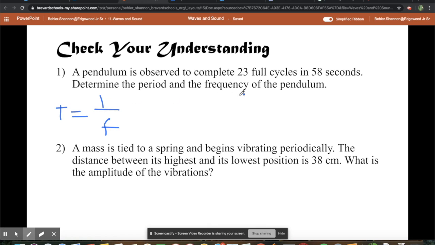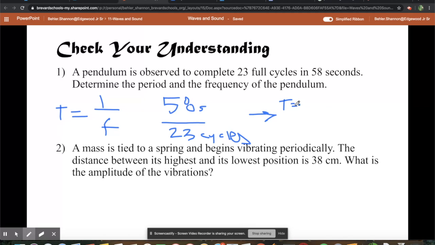So it's seconds per cycle. So if we do 58 over 23, that's seconds, and this is cycles. So if we actually do 58 over 23, we will get the period, which is